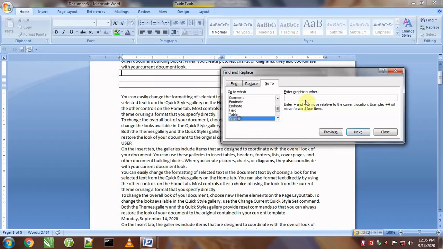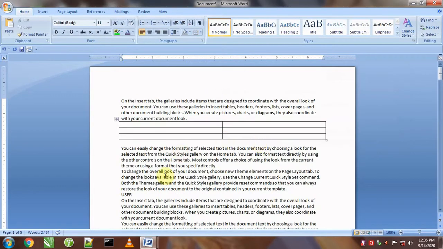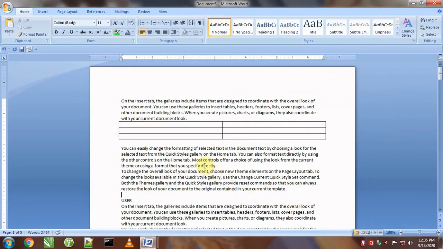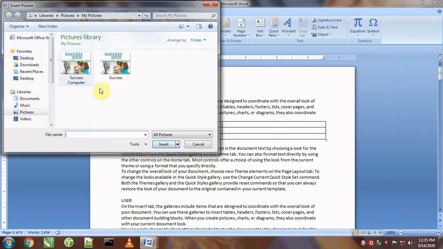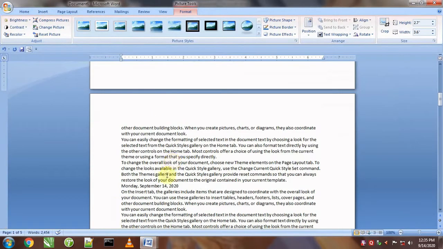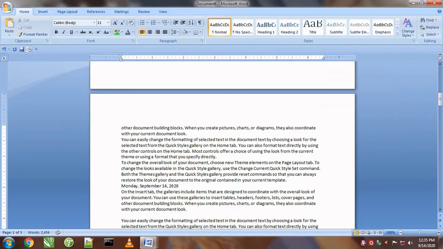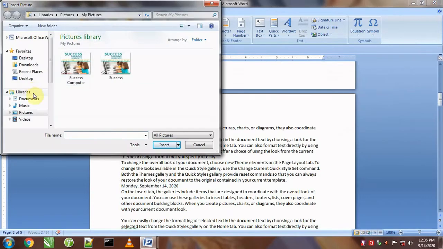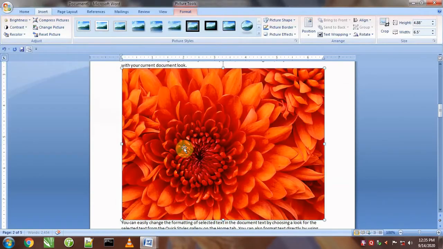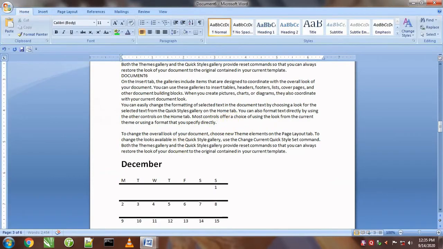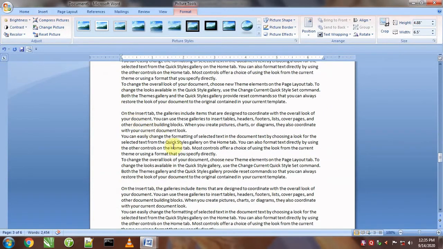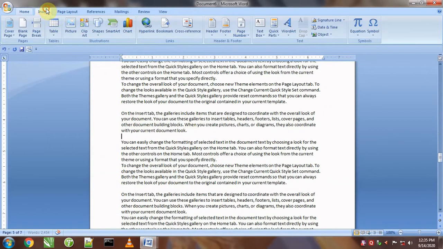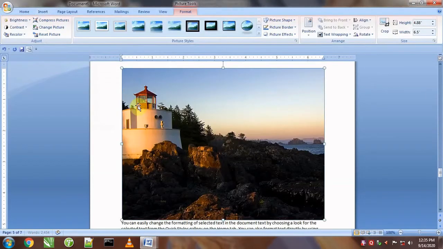Next option is graphics. If our document contains some graphics, pictures, images, or some other things which are graphical in nature, we can look for those also with the help of the goto command. For this, first of all I will click on insert picture and will put a graphic here. One more graphic I will put here, insert picture, and one more graphic, again insert picture, I will put one more graphic, like this, insert picture, and these are the graphics.